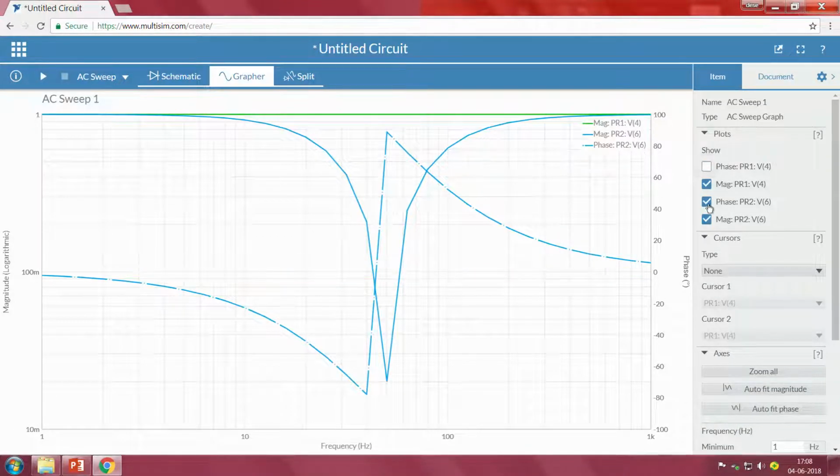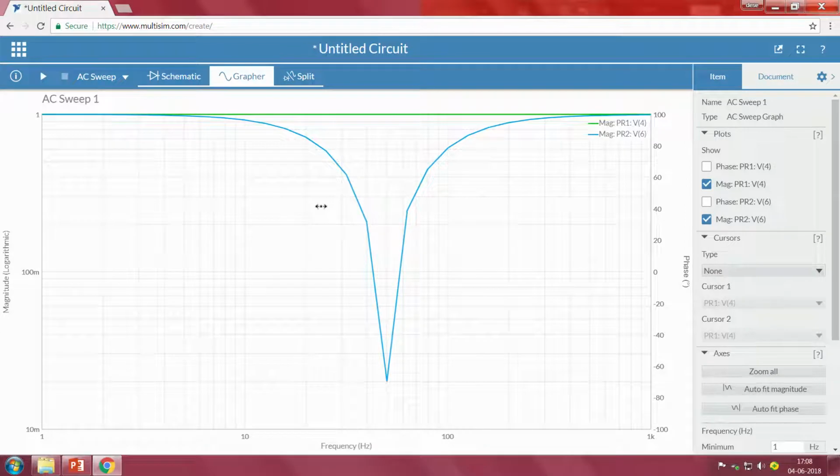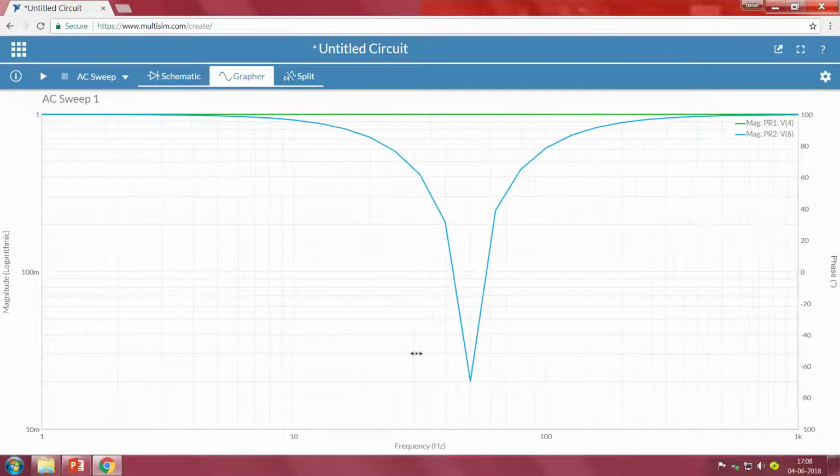And let me remove the phase values. Now, if we clearly see, this is 10, it is in a frequency domain. If you recall how we measure in a frequency domain, in a log scale it is basically 10, 20, 30, 40, 50, 60, 70, 80, 90, 100.